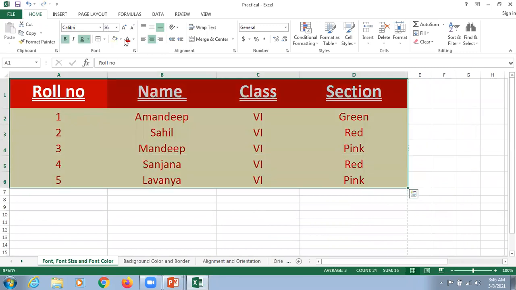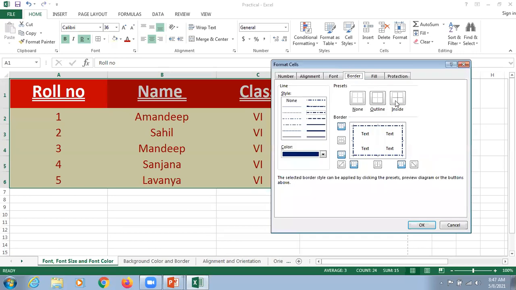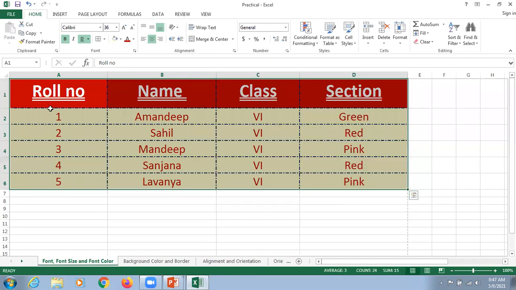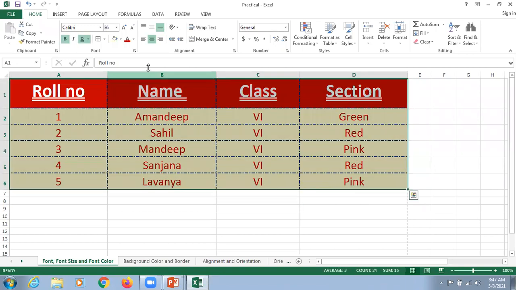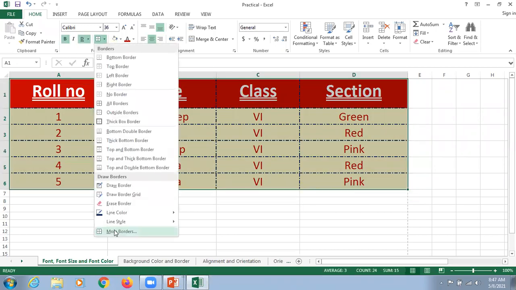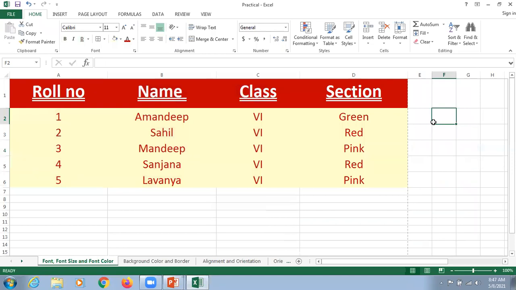So what we do again, we can select it and click on more border. Now, instead of using outline, we can also click on inside here. So what it does, it applies the border on the entire content. And now if you don't want the border, respected students, click on more border and click on the none option. And here it is okay. The border will disappear from your screen. So tell me yes, no, the content is easily understood by you.